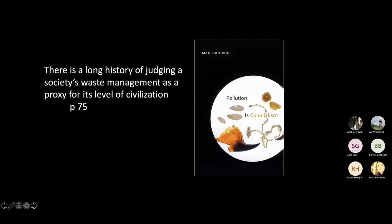And so in her new book, Pollution is Colonialism, Liboiron writes that there is a long history of judging a society's waste management as a proxy for its level of civilization. And in the case of Provincetown and large parts of what later becomes these United States cities, Liboiron writes about the sense that everything that came before was wasteland. And yet later it was the